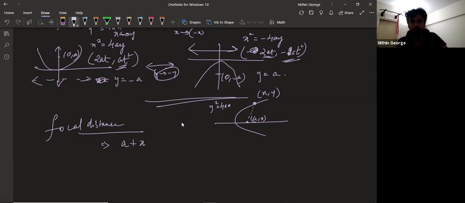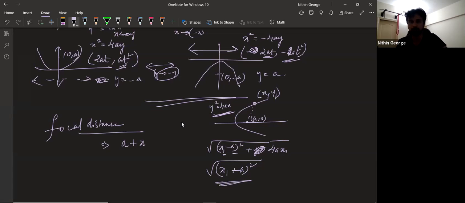Okay, so what happens here is, look, the distance is what? Root of x minus a the whole square. Okay, it's x1 comma y1, put it like that. x1 minus a whole square plus y1 square. y1 square is nothing but 4a into x1, since it lies on the parabola. So this can be replaced with 4ax1. So together this becomes root of x1 plus a the whole square, right? Expand it. There will be x1 square plus a square minus 2x1a, plus 4x1a. That becomes plus 2x1a. Then it becomes mod of x1 plus a. So focal distance is simply mod of a plus x for y square equal to 4ax.